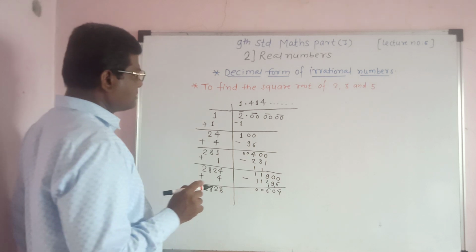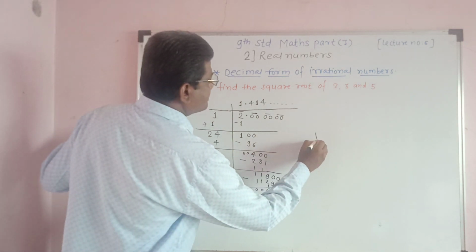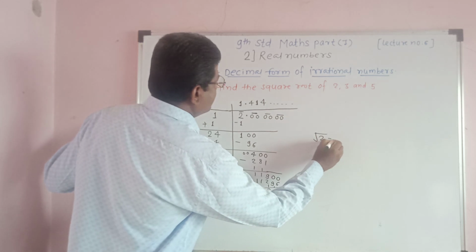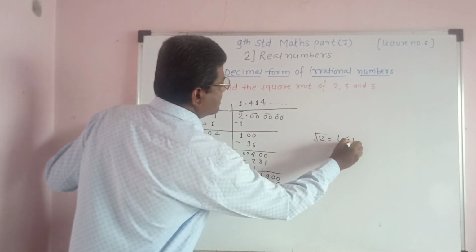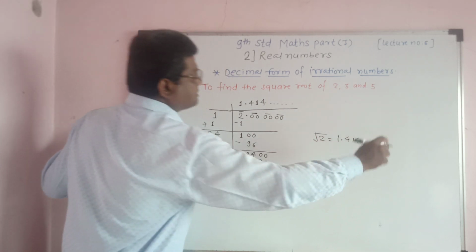And we have to find the square root up to 3 decimal places. So we write this as root 2 is equal to 1.414...